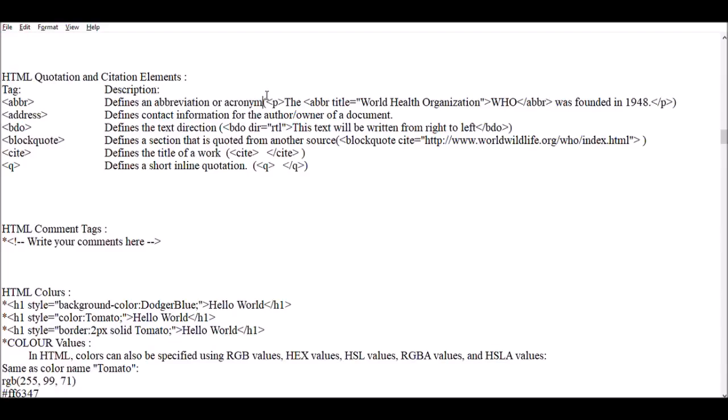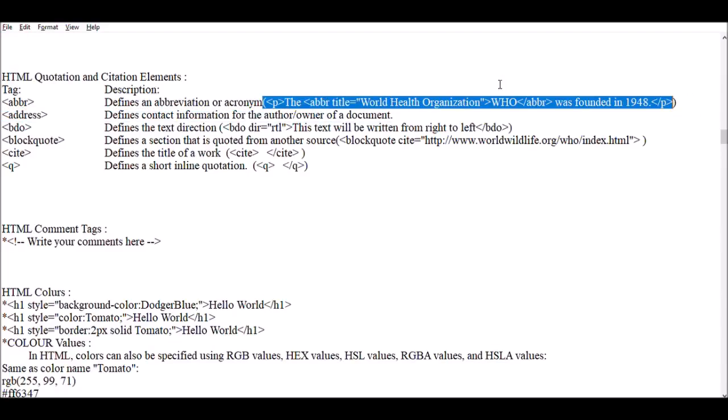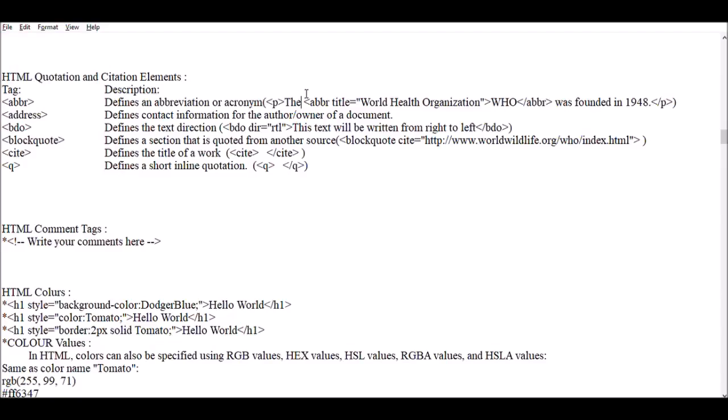Inside a paragraph tag, if you use the abbr tag with title as its attribute, whose value is World Health Organization, here WHO abbreviation is World Health Organization.